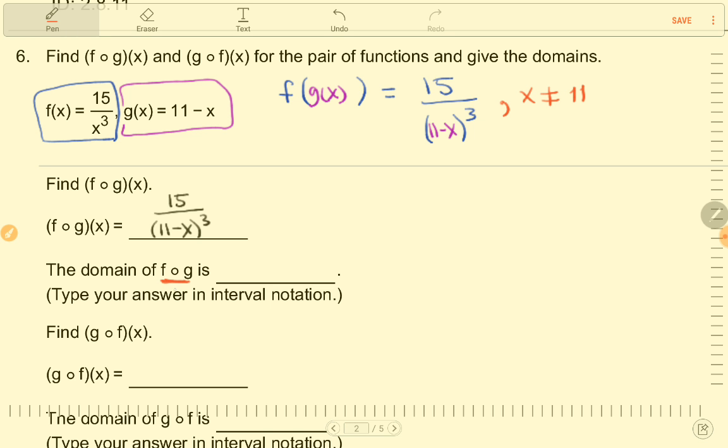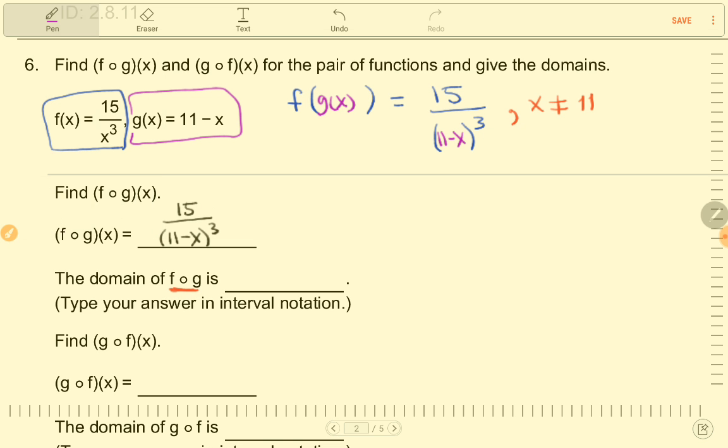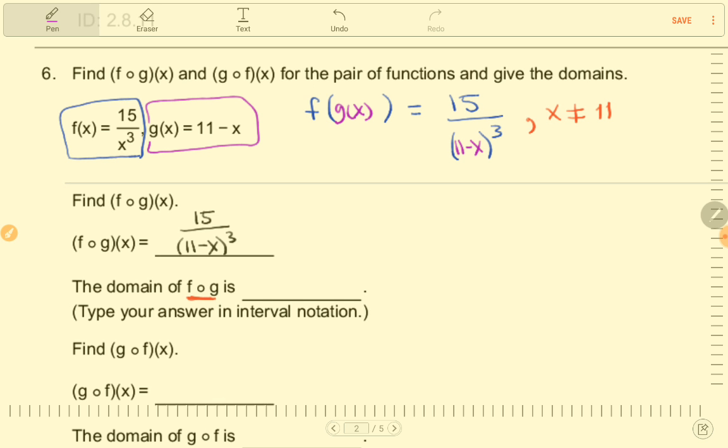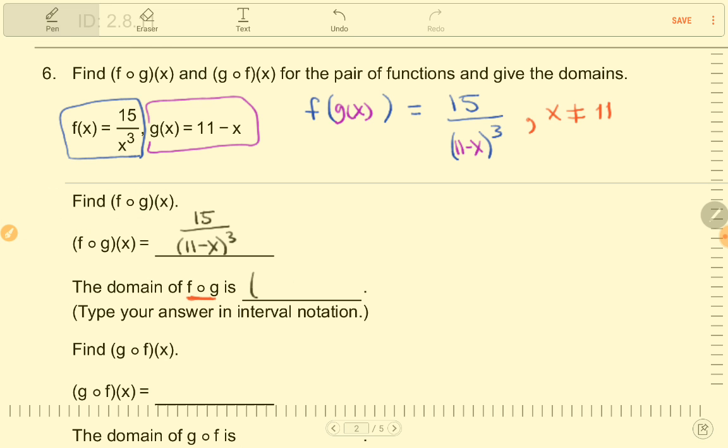Whenever you do this, you begin with the domain of the inner function, and then consider any values in the domain of the inner function which would result in output values which would then make the outer function undefined. So I already know that the domain most likely is going to be negative infinity to 11,